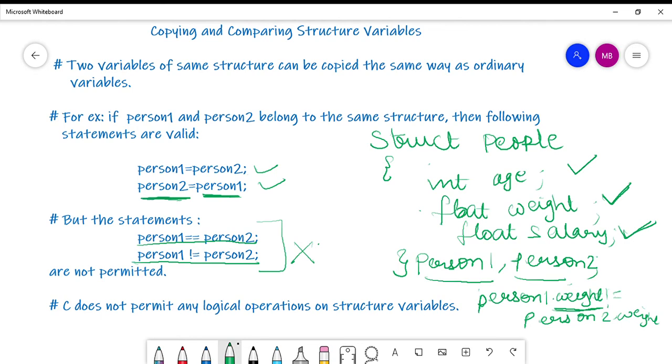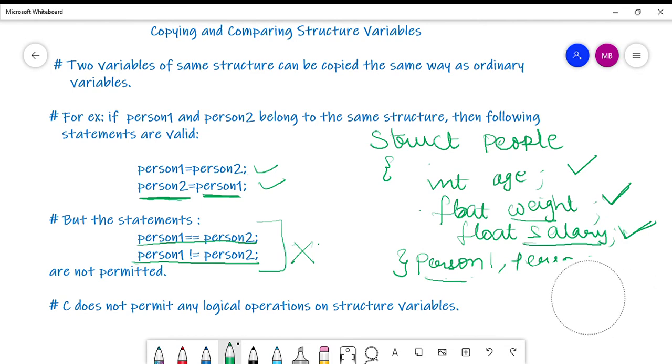So now person 2 dot age will be same as person 1 dot age, person 2 dot weight will be same as person 1 dot weight, person 2 dot salary will be same as person 1 dot salary. This can be directly done, but if I want to do comparison I cannot do directly like this. For comparison I have to do comparison through individual members. So this is how you can do that.